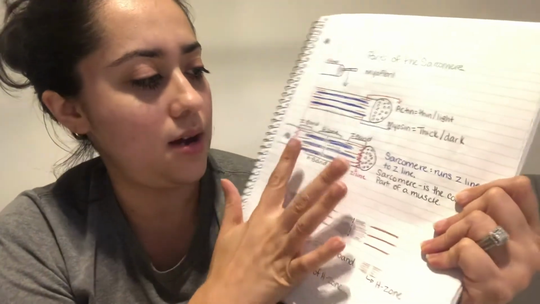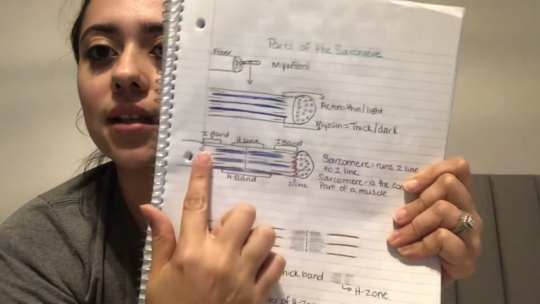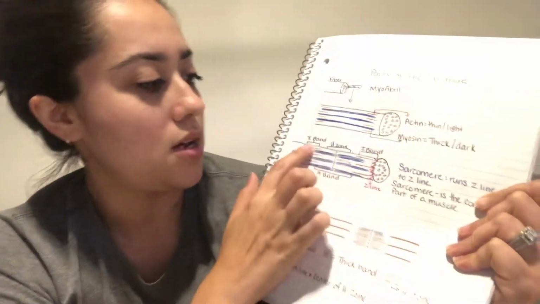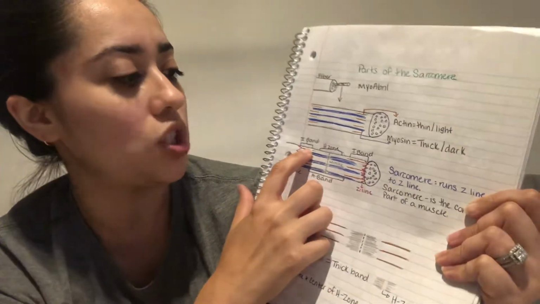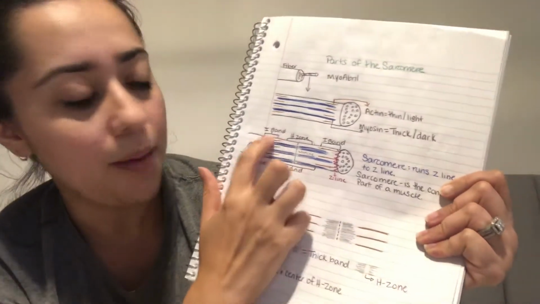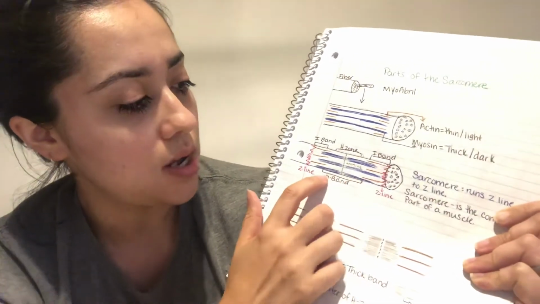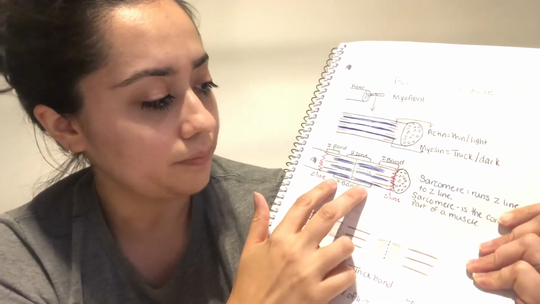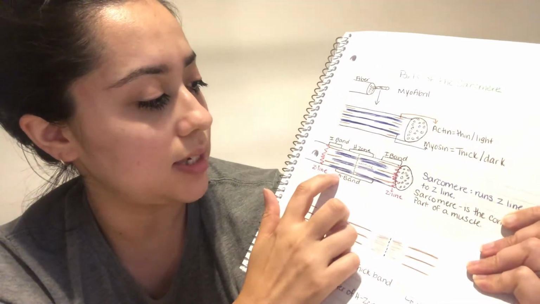Now the ends of the sarcomere are called the Z lines, and then we do have the thinner lines that we had mentioned previously, which is the actin. That portion there is called the I band, and then we go down here below. So the middle part of the sarcomere is called the A band, which is